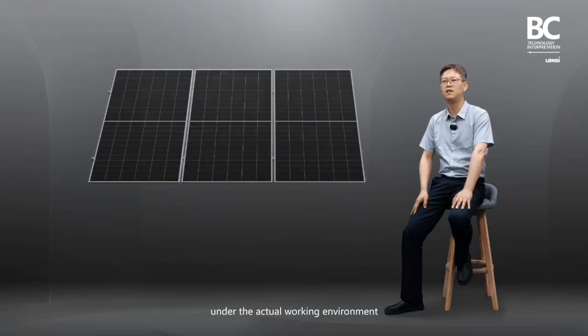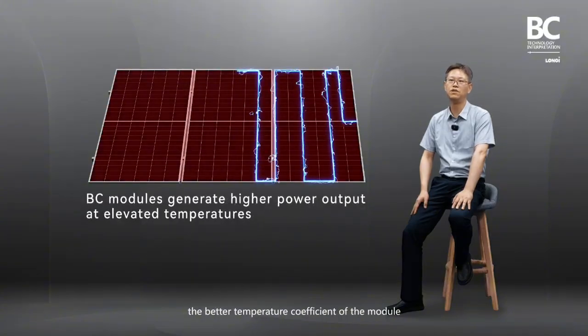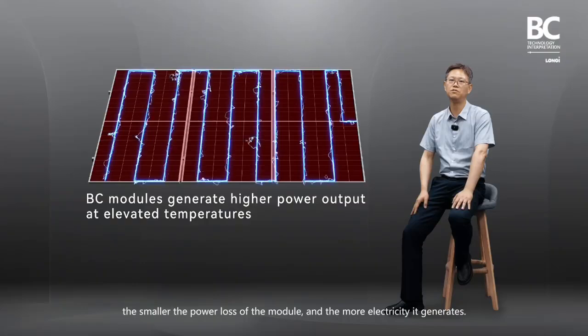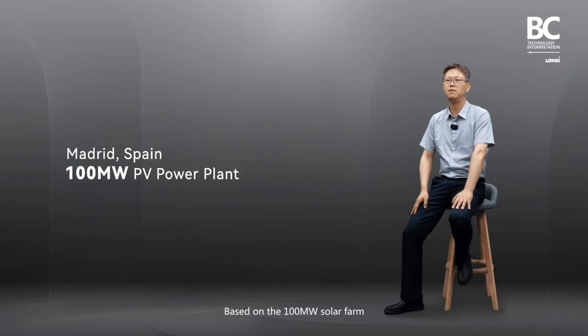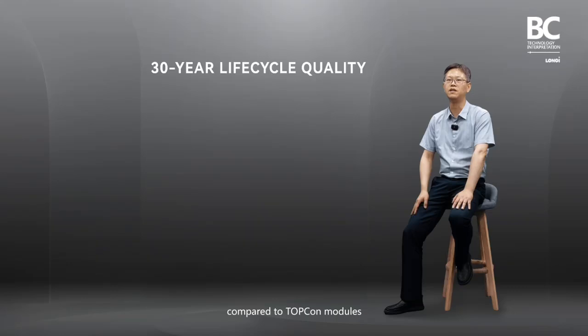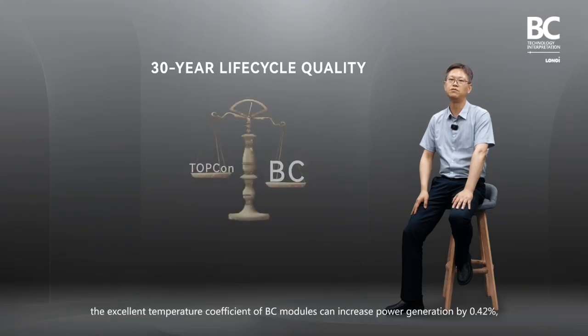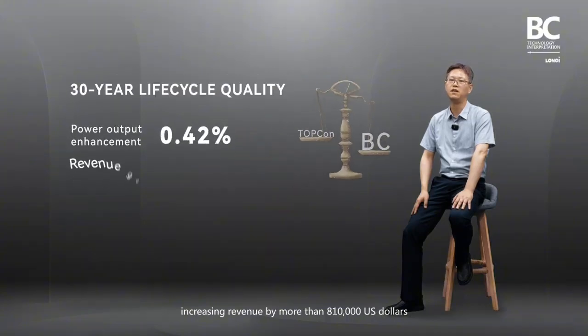As we all know, under the actual working environment, the higher the operating temperature, the better temperature coefficient matters: the smaller the power loss of the module, the more electricity it generates. Based on a 100 MW solar farm, the relevant calculations for the 30-year full lifetime show that, compared to TOPCon modules, the excellent temperature coefficient of BC modules can increase power generation by 0.42%, increasing revenue by more than $810,000 US. LONGi